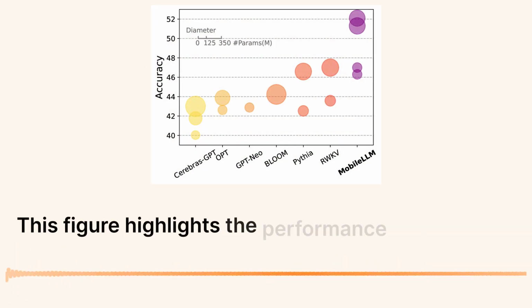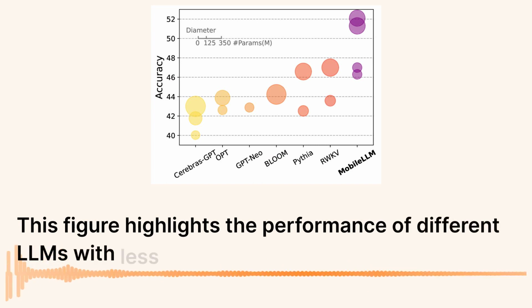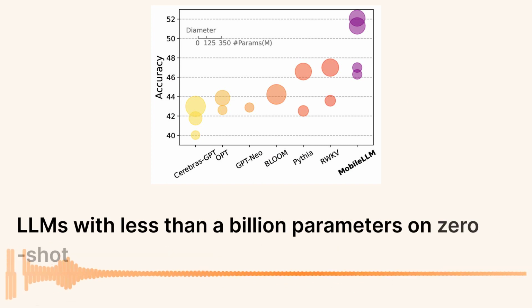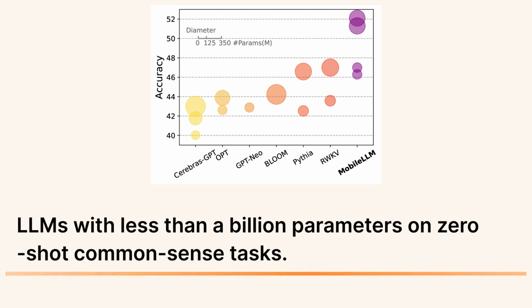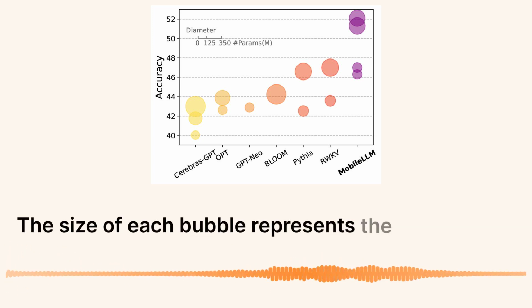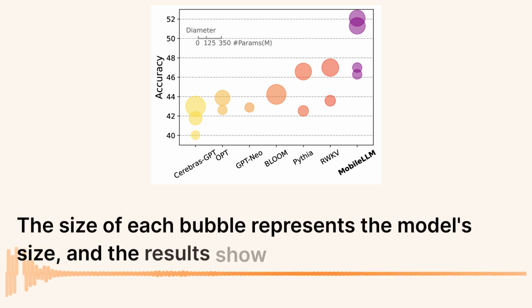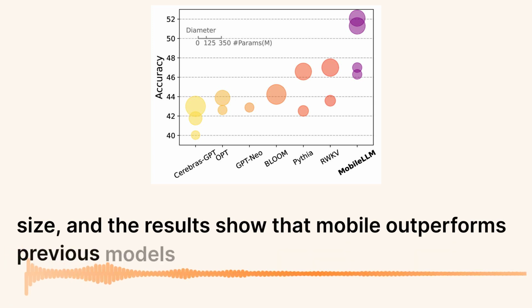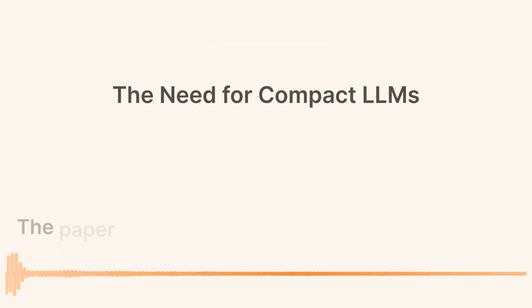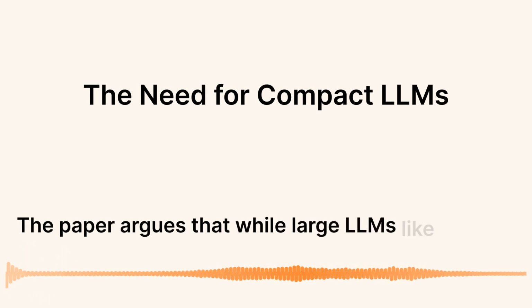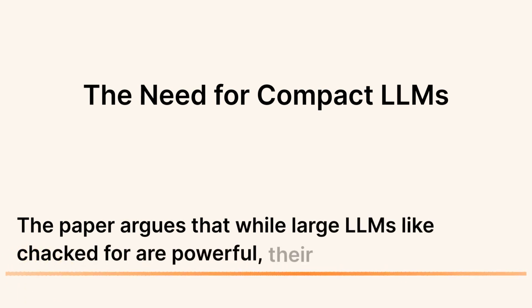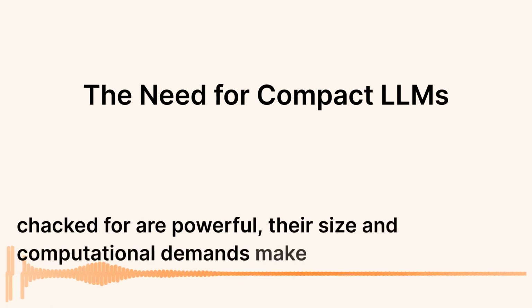This figure highlights the performance of different LLMs with less than a billion parameters on zero-shot, common-sense tasks. The size of each bubble represents the model's size, and the results show that MobileLLM outperforms previous models in this category. The paper argues that while large LLMs like GPT-4 are powerful, their size and computational demands make them impractical